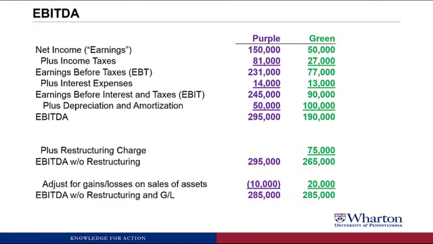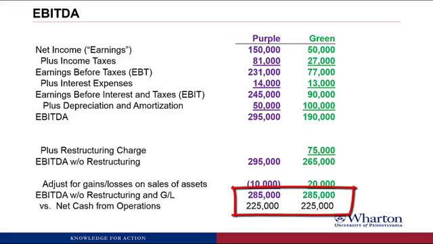So one more point I want to make before we wrap up the video. We see that the EBITDARGLE is identical between Purple and Green. And we saw that the cash from operations was identical on the cash flow statement, but the cash from operations was less than EBITDARGLE. So there's two reasons for this discrepancy. One is that EBITDARGLE takes out interest and taxes, whereas the cash flow statement number includes cash taxes and cash interest. The second discrepancy is that, of course, the net cash from operations adjusts for changes in working capital, whereas